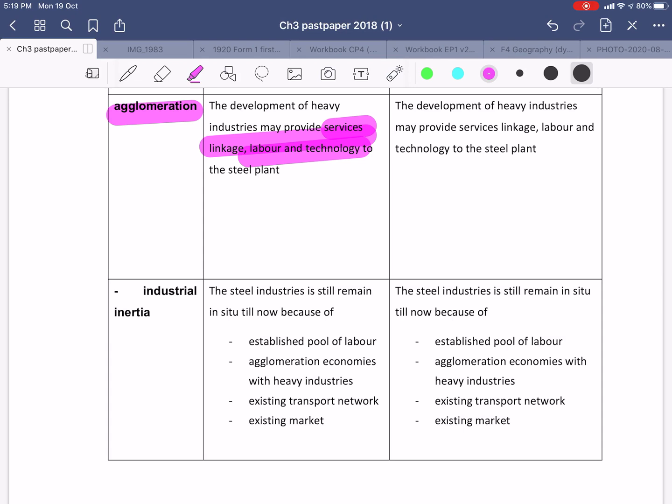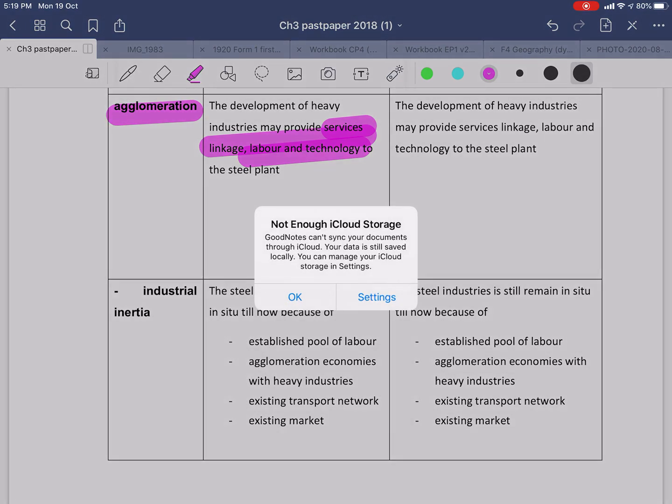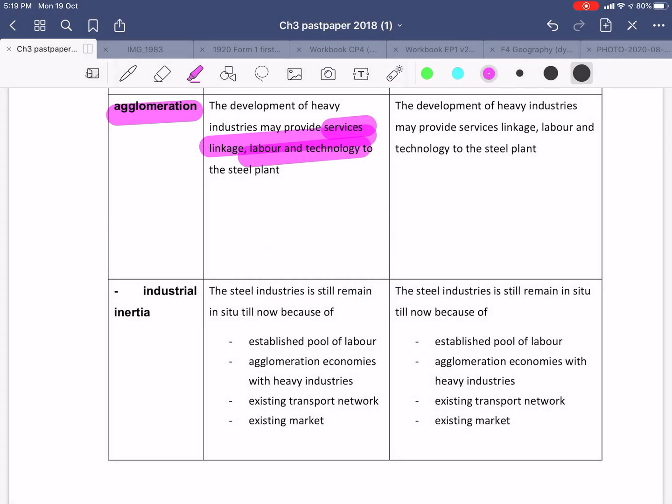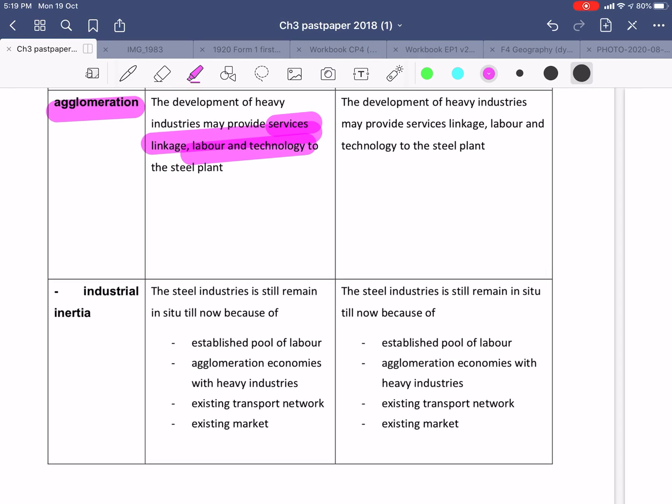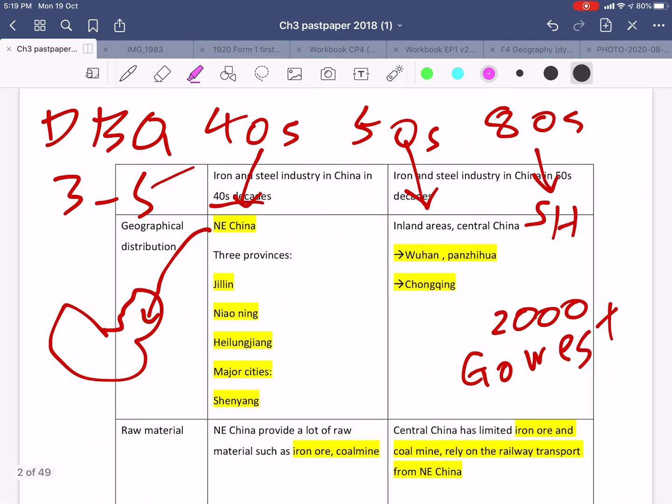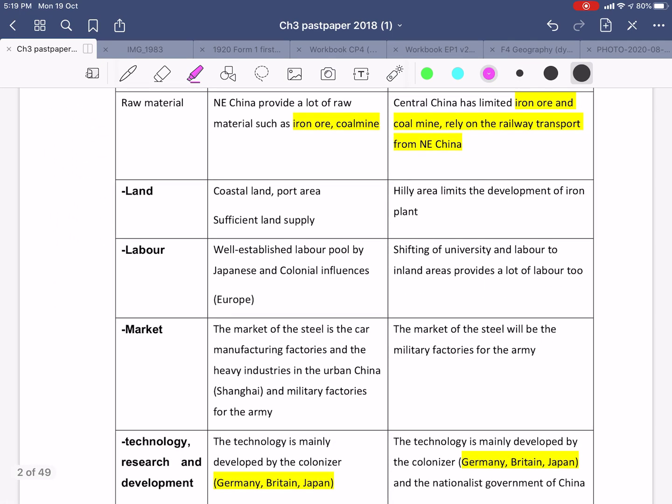And how about industrial inertia? Industrial inertia means that even though the location factors have changed, most of the industry still remains in situ. This is because there is a lot of labor right there, agglomeration economies linked with the industry which already has the service linkage, existing transport network, and also the market. Okay, these are the two major concepts that you need to know,